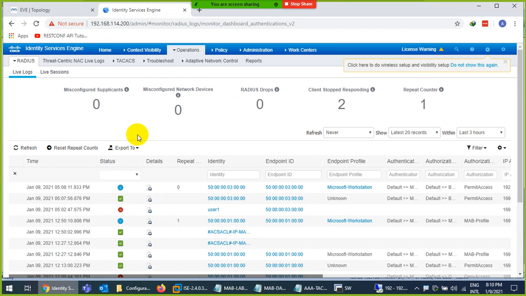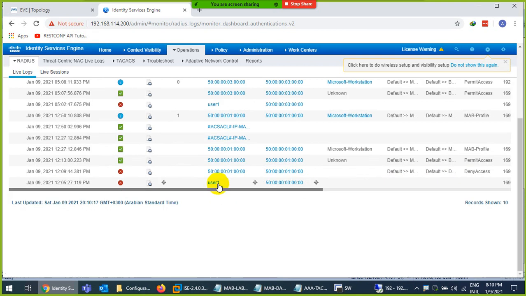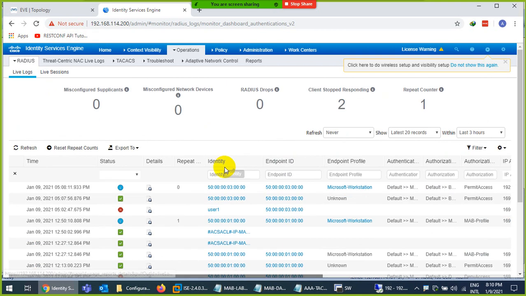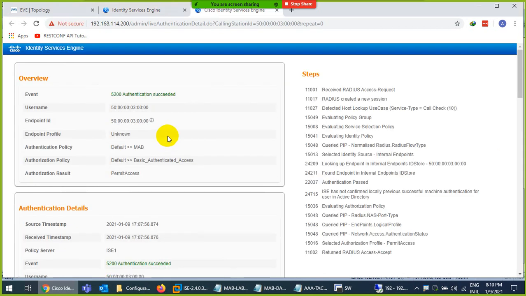Let's go to here and refresh. Here it's been authenticated, and they say we are using MAB method. It's been authorized with the basic authentication, and we permit them. And that's the identity. Yesterday identity was username. Today identity is this one, the MAC address. Because this MAC address is registered, so if I go to detail, they will say that authentication successful, default method, there is by default policy.